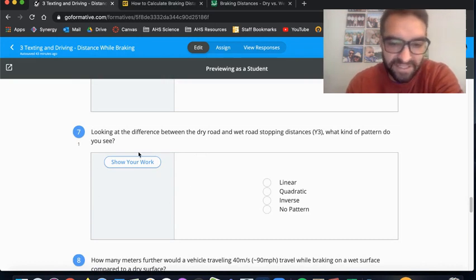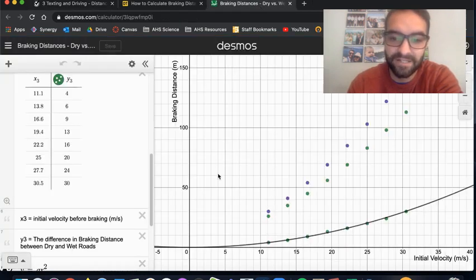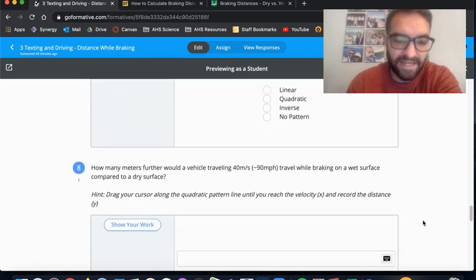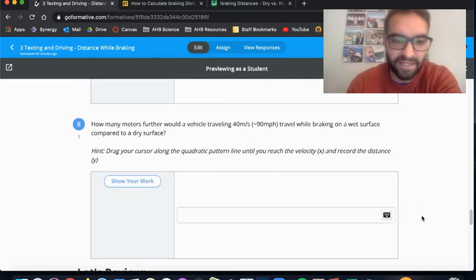Now, looking at the difference between the dry road and wet road stopping distances, which is Y3, what kind of pattern do you see? You should be able to identify: is this a linear pattern or a quadratic pattern? And really, this is the one I'm talking about here, this curved line. Or an inverse pattern, or if there's no pattern at all. Then I want you to use that line that I just referred to. And how many meters further would the vehicle traveling 40 meters per second